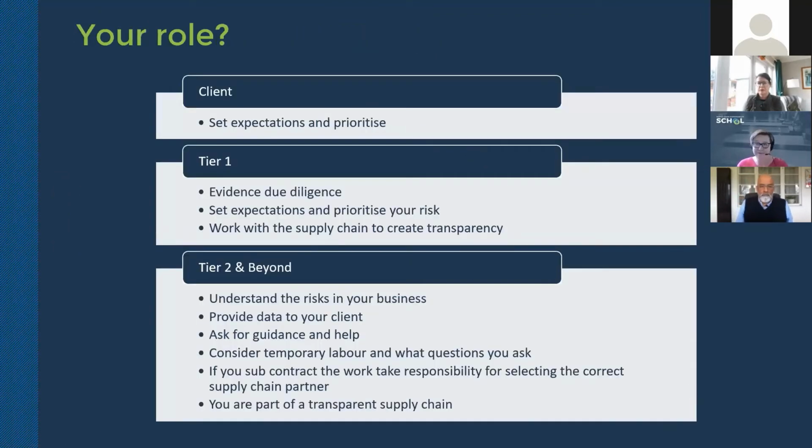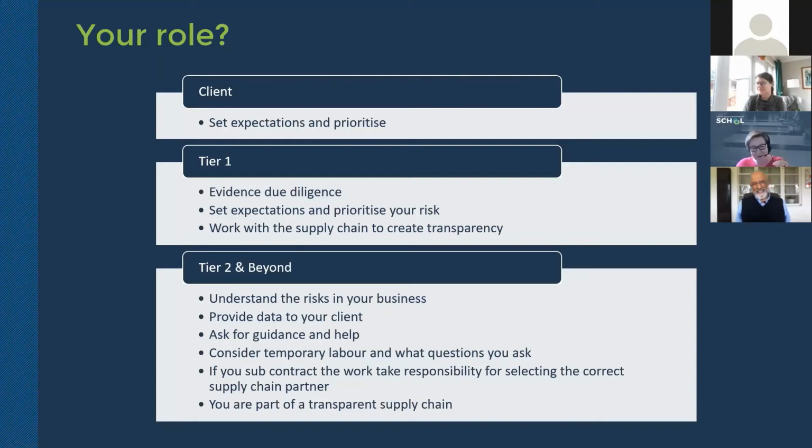And then, just as I can feel some of you choking on your sandwiches going, Helen, we're really low down the supply chain, that's all really good, but what do I do? Actually, to a certain extent, you do the same, but it's a proportional response. It's the way you react. And it's also being aware of the conversation that's coming down the supply chain. So a client should be setting those expectations. And we're going to hear from Raj in a minute around what's happening in Cadent around setting those priorities, setting that level of expectation, not exploitation.